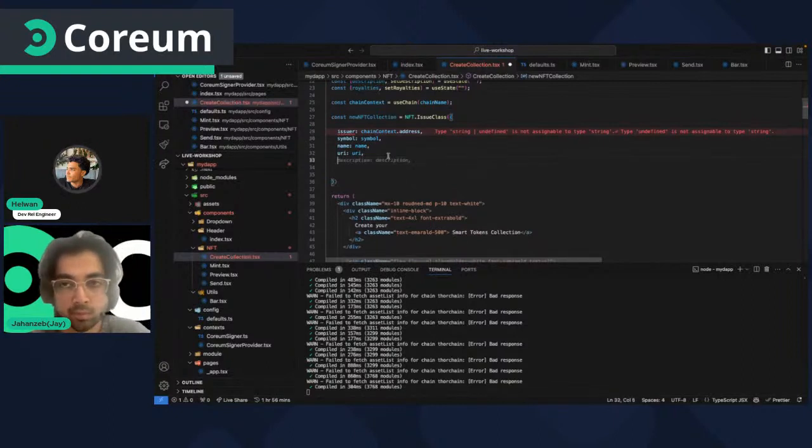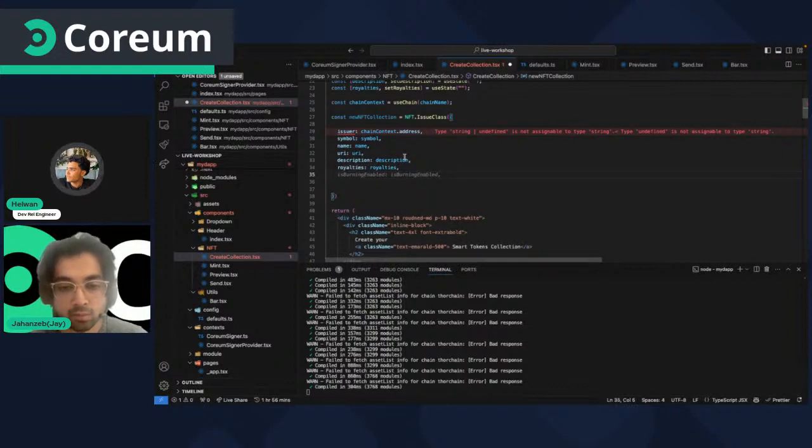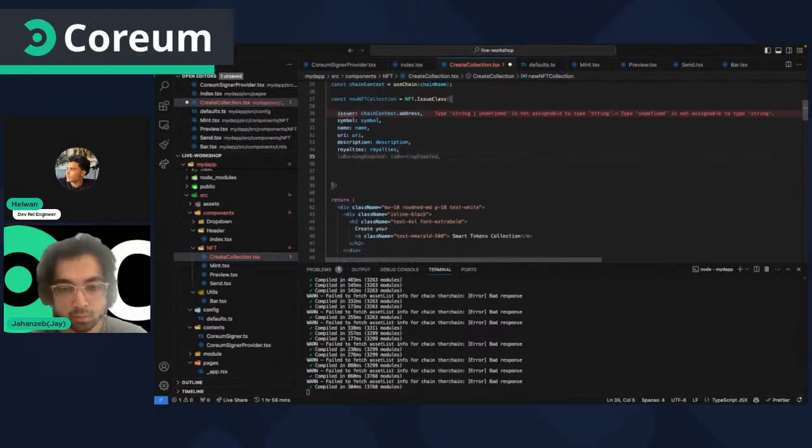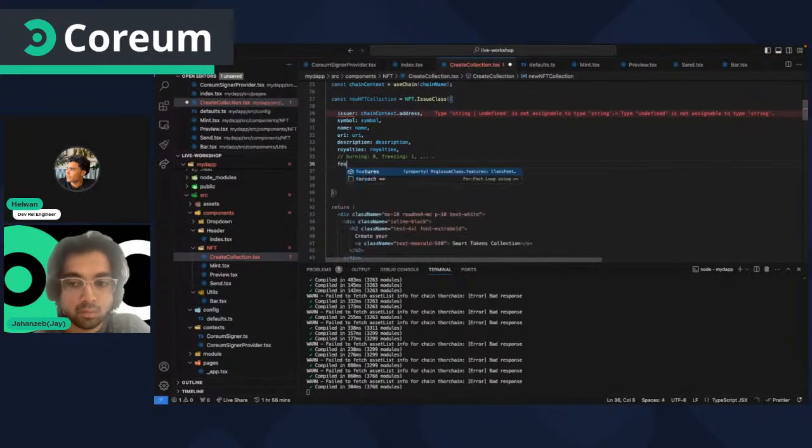So let's add it first. Description, royalty, and then we need the set of features. So the features, it's an array, and for each feature, I'll write it here. For example, burning is actually 0. If you want freezing, that is corresponding to the number 1, and so on. So okay, so let's create this feature